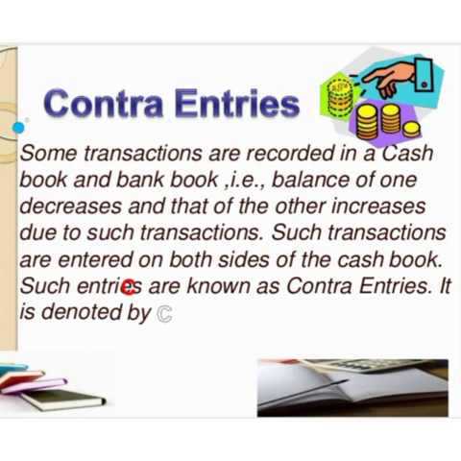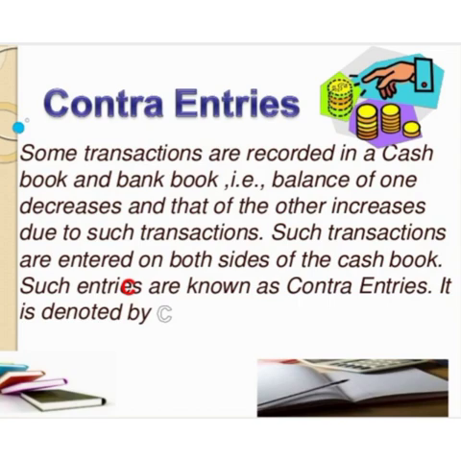First transaction is withdrawal of money from bank increases cash in hand. So it will be recorded at the debit side of the cash book as to bank account. When the transaction will reduce cash at bank, so it will also be recorded at the credit side of the cash book as by cash or office. It will be denoted by C on both sides. C means contra entry.